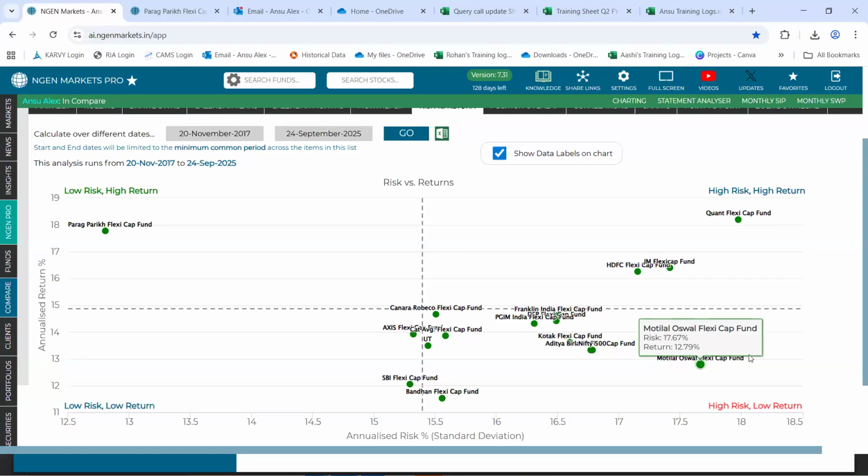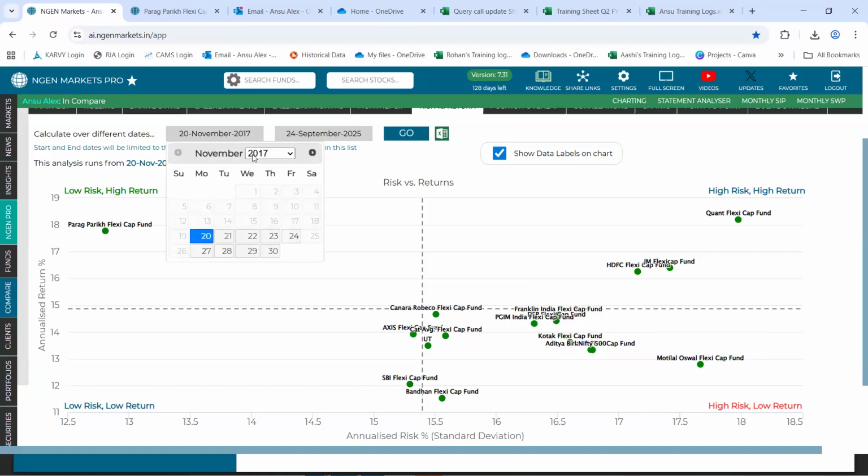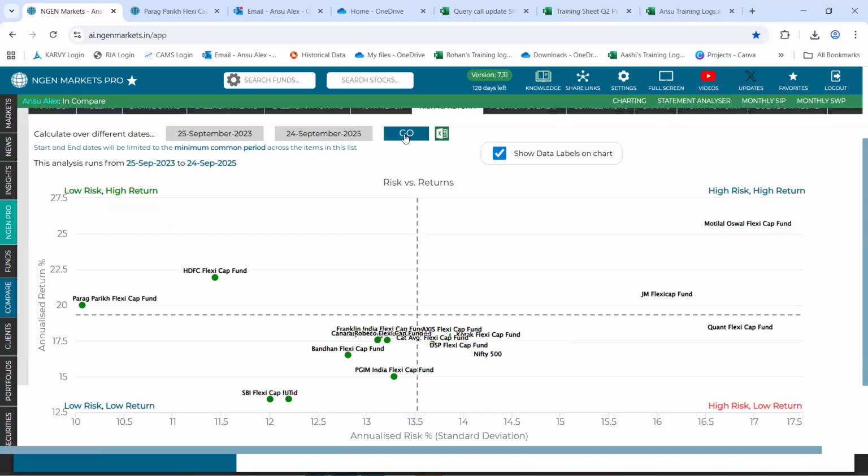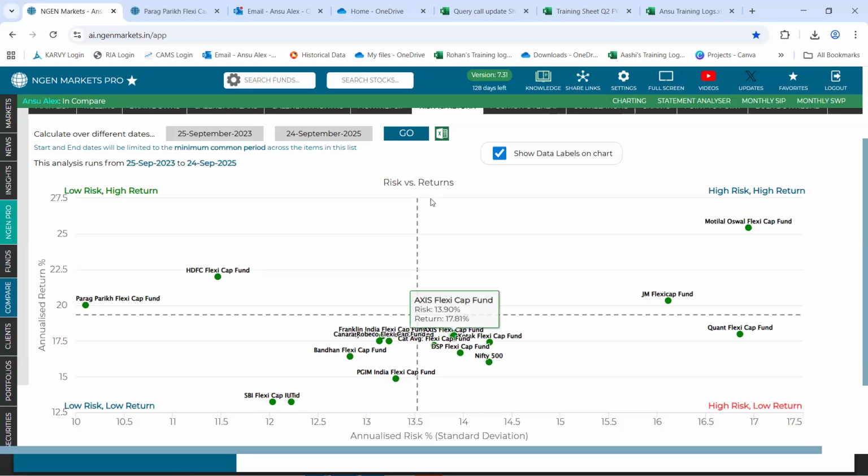Now, basis a time period that you set, which you have an option to edit and change, I'll again keep the same time period of 2 years that we were analyzing, 25th September 2023, and I'll click on go. Now, basis this 2 year time period, the funds that we have brought to the compare section are simply getting plotted based on their risk and returns.